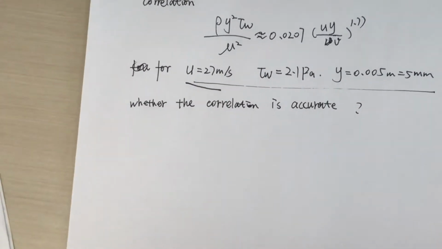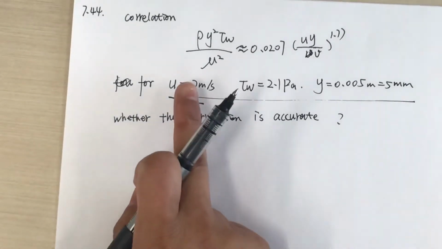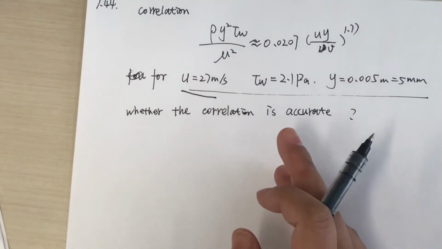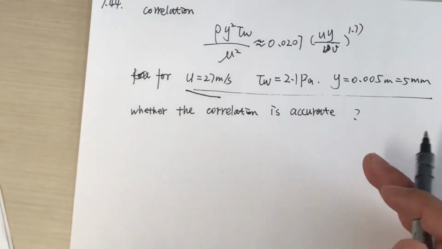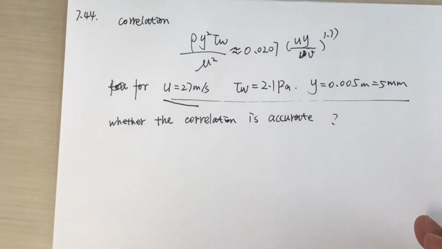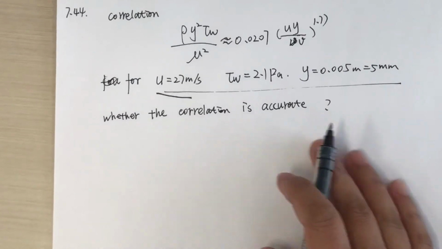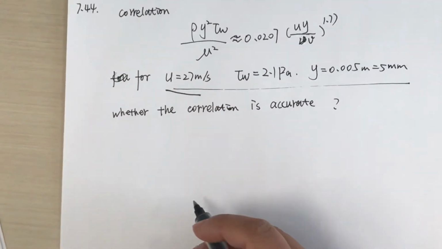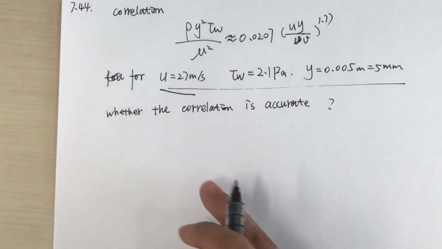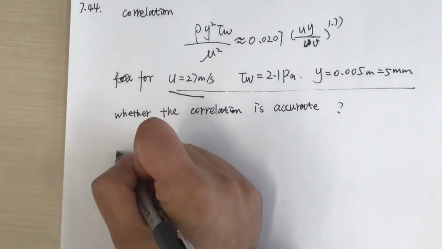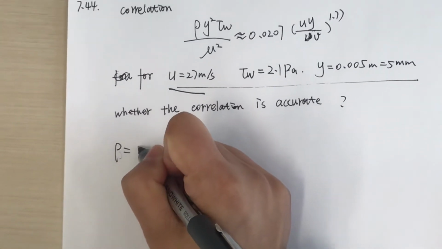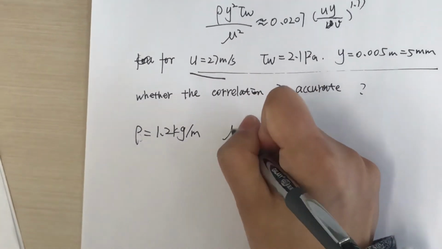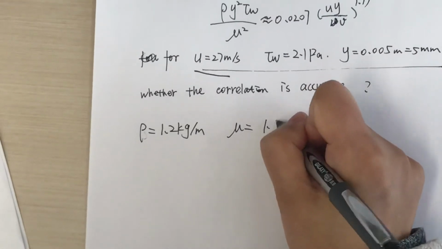So we just need to calculate the left side and the right side separately, and then compare them. If they are similar, then we can consider it accurate. If not, then it is not accurate. So we will calculate the left side first. Still, we have the given information: the density and the viscosity,